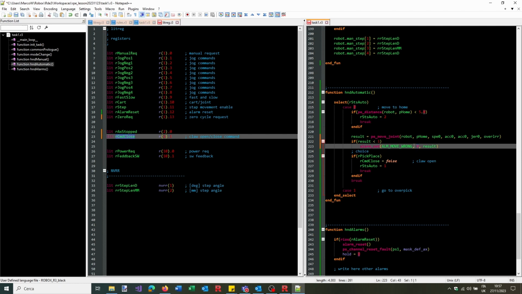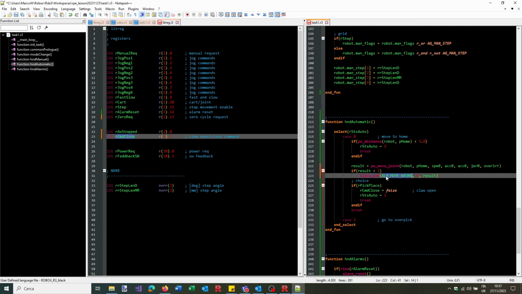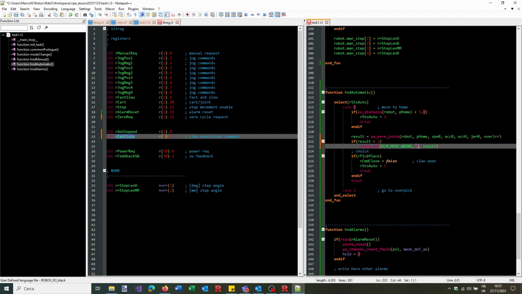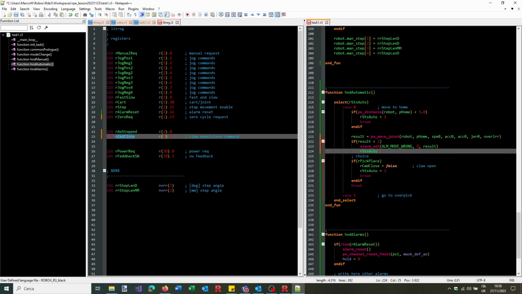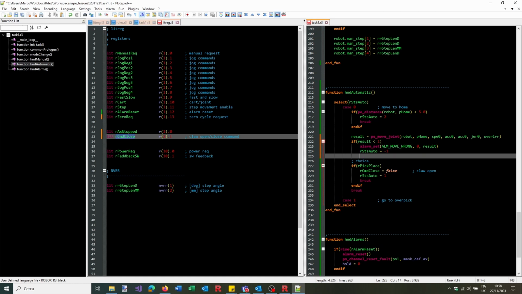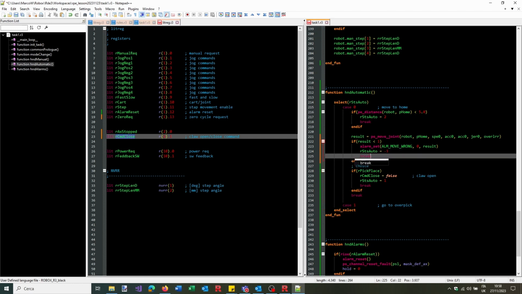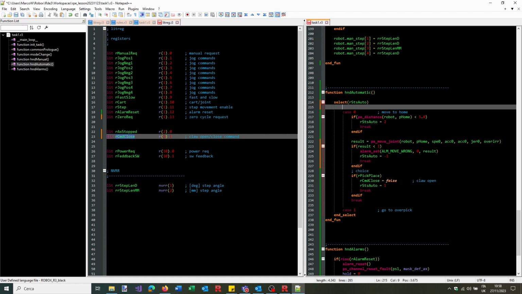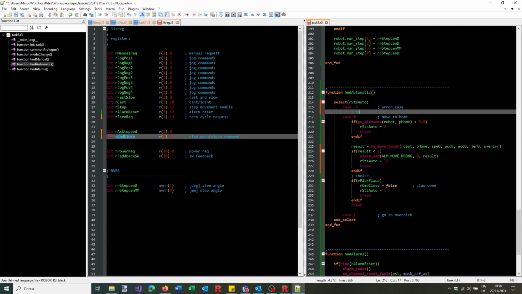If you write a number here, this means that alarm will be referred to that axis. If it is 0, it means no axis. If something bad happens, we have, for example, to go to -1. And of course break. So the case -1 is the error case, and here we do nothing